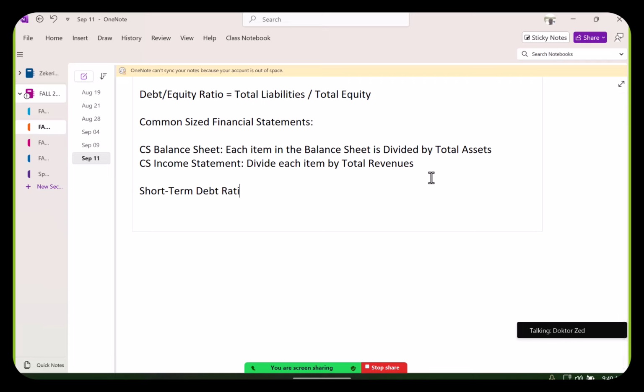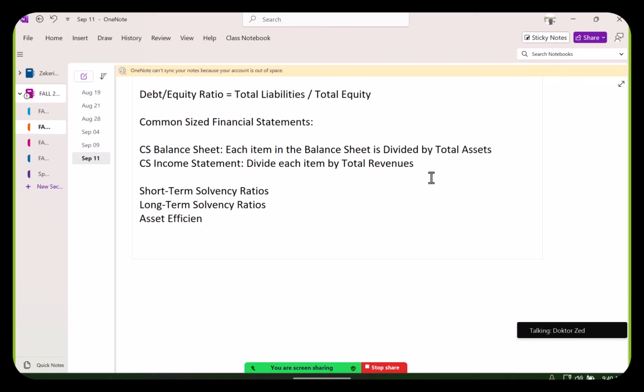Debt ratios, short-term solvency ratios. Solvency means to what extent you're able to meet your obligations. Long-term solvency ratios,